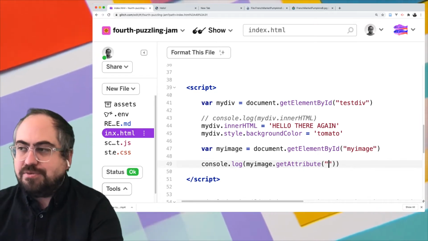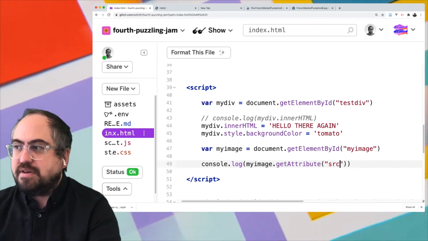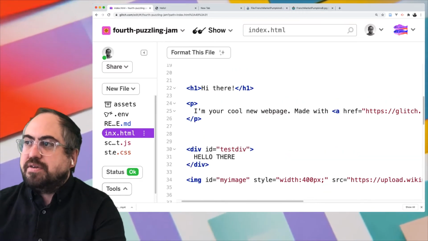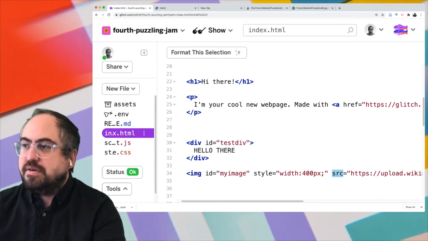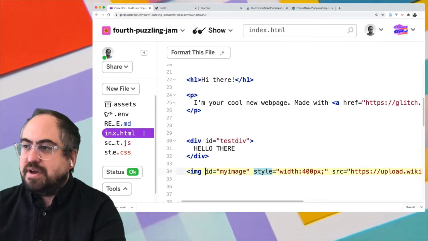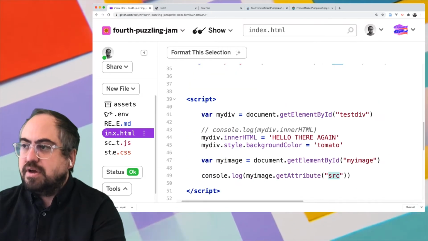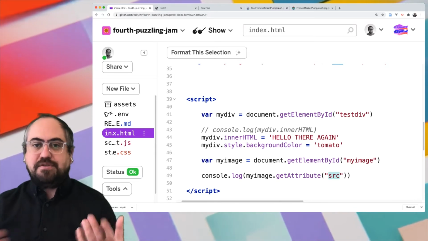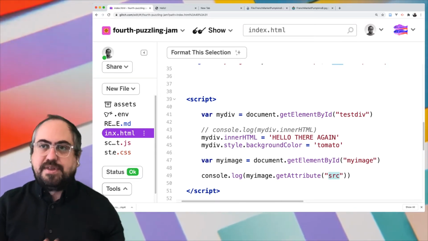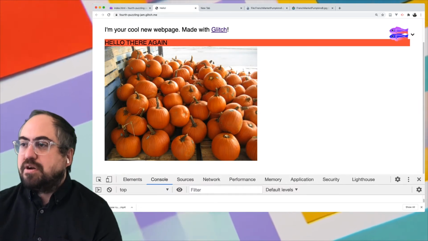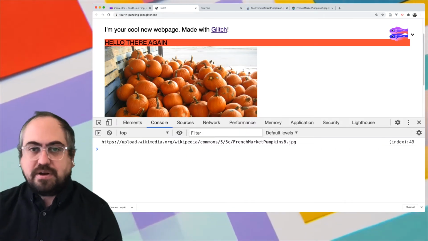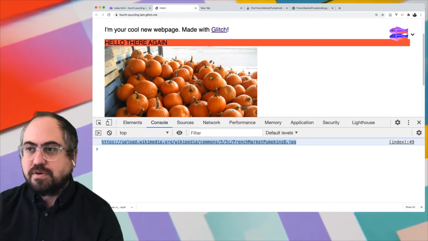What piece of this attribute do you want to get? And we want to get the SRC attribute, right? So in our document, we have our image, we have our SRC. We also have style and ID, but we're interested in SRC. So if this works, right, we should be console logging the SRC of that pumpkin image. So if we look in our console, we can see, yep, so there is the SRC, the source of that